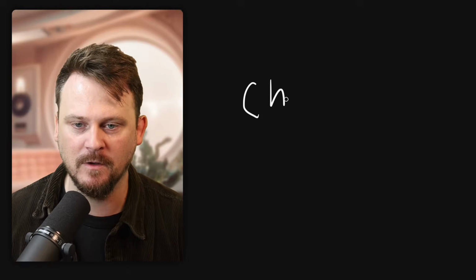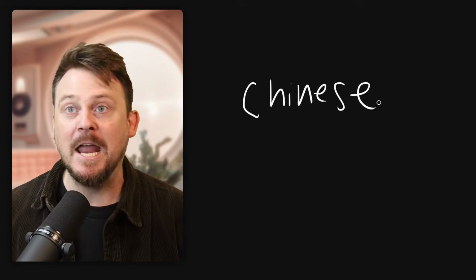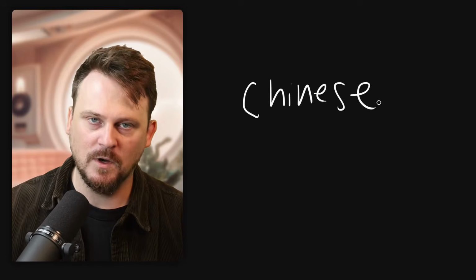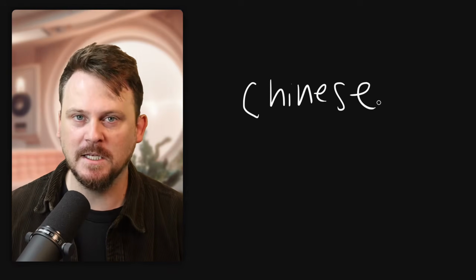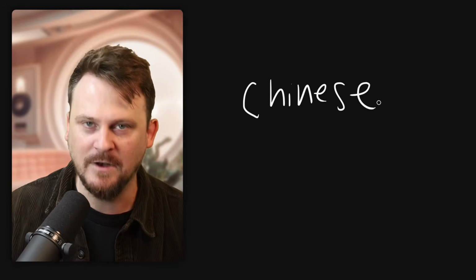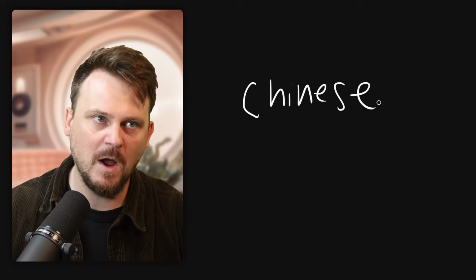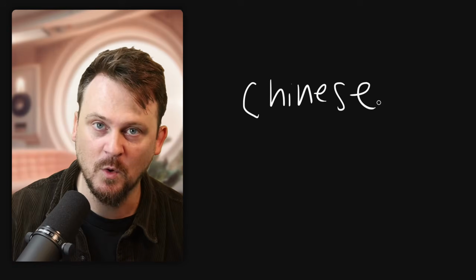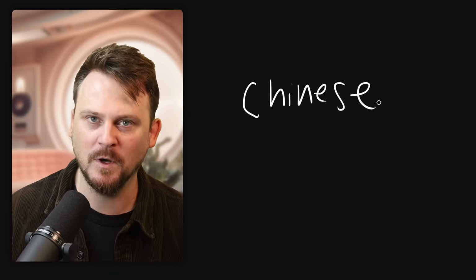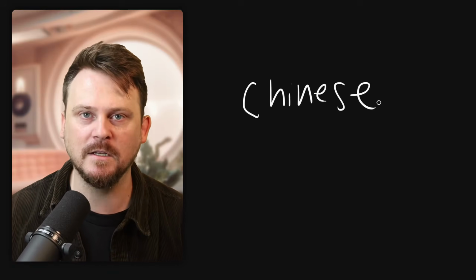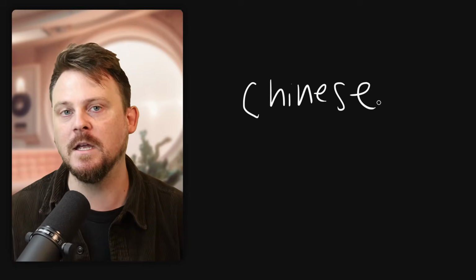Let's do one more, again, just for fun here. How about Chinese? So there are two main branches of spoken Chinese. One is Mandarin and one is Cantonese. But we'll group it under, let's just call it Chinese for now. And for writing, of course, there's traditional and simplified, but for spoken Chinese, the big branches are Mandarin, which tends to be spoken, well, everywhere, but especially in the north, and then Cantonese, which is in the south, for example, in Shenzhen, right, and Guangdong province, and in Hong Kong.